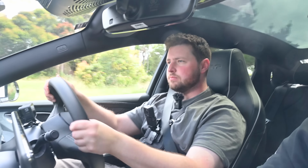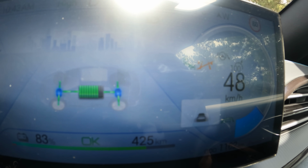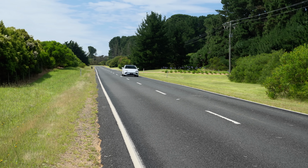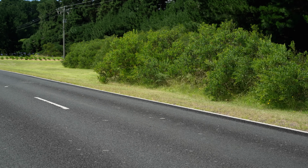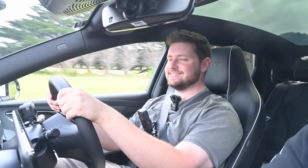Alrighty, Daddy Jacob. It's time. It's time to put the Seal into sport mode. Is it a car or is it an aquatic mammal? Hold my hand. Probably should use my right. Oh! Thank God for those soft, squishy headrests, because my head was like...